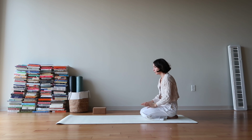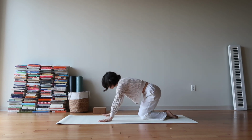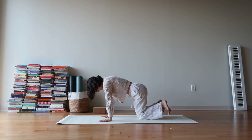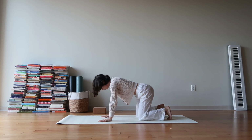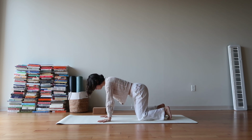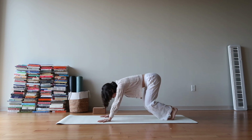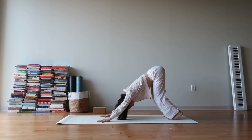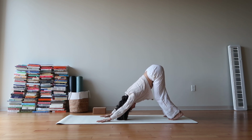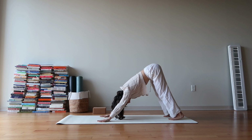Go ahead, walk the hands forward as if you're coming to a tabletop. Open up the toes, open up the knees. Get ready for your downward dog. So engaging into the hands, start to lift the knees up and send the hips towards the sky. Notice any tightness in the body. Breathe into that